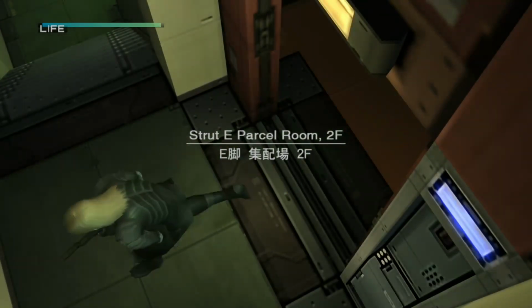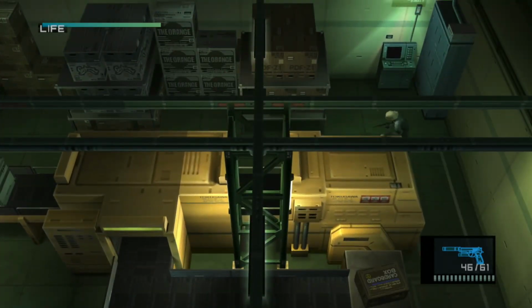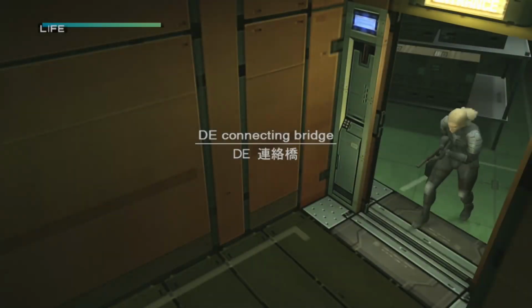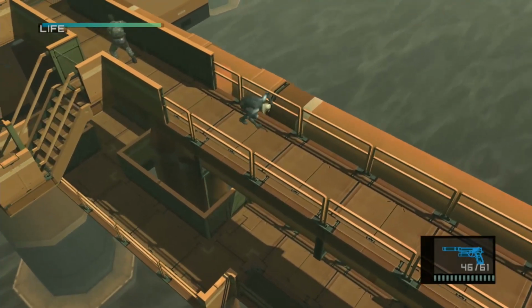Yeah, so now we've got the M9 and we've got the Socom with the suppressor. Pretty much all we need to get all the dog tags, which we need to get. Yeah, so back in here in the parcel room and take the northwest exit. Right, once onto the connecting bridge, head straight across and you should be able to just get to that guard